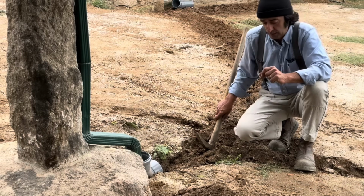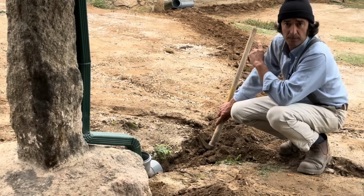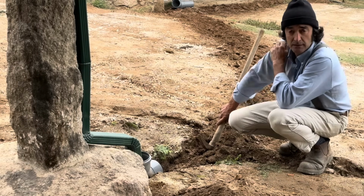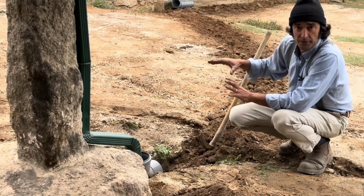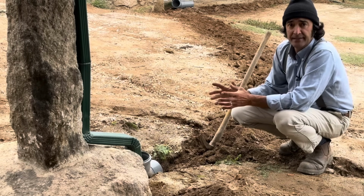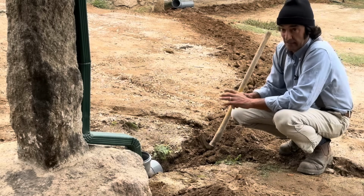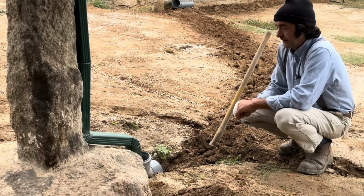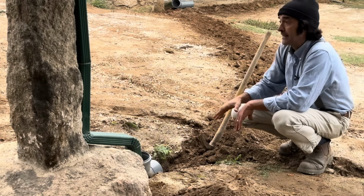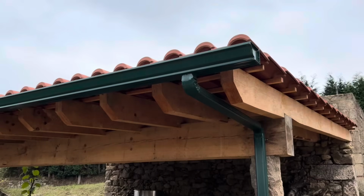So last week I connected the last downspout, the second downspout of the outbuilding, to the pond, to the duck pond, because my plan is to harvest as much rainwater from the roofs as possible and direct it to the pond. So now I'm connecting the downspout of the lean-to, of the cabano,